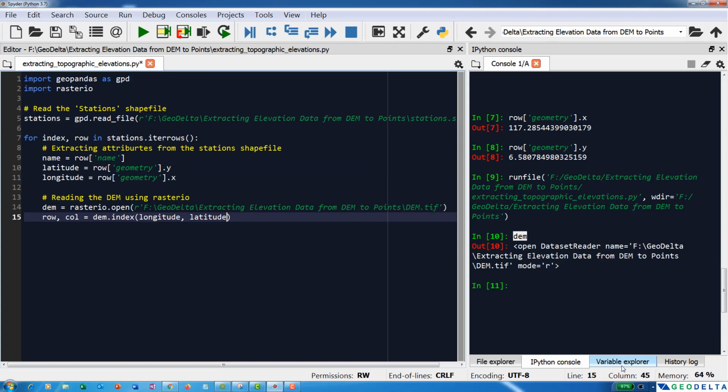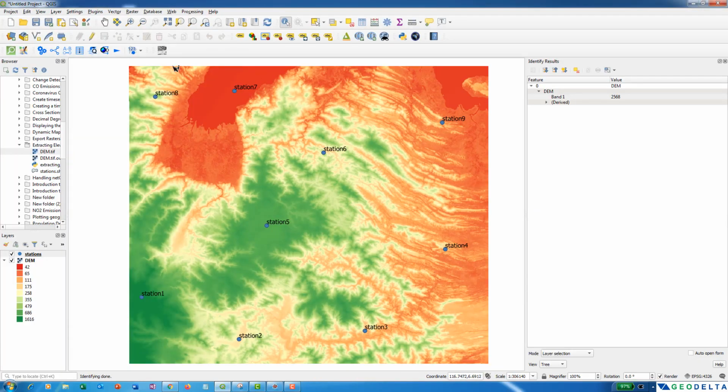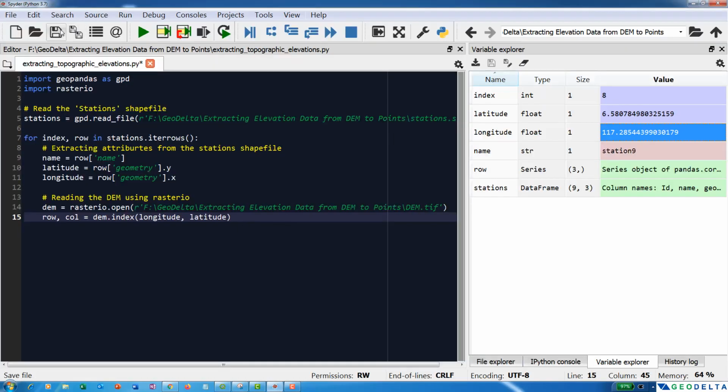So if I go back to the variables explorer and show you the longitude and latitude, you can see that during the last iteration it was recording these two longitude and latitude values. So spatially, it will go to this longitude and latitude and figure out, in this array or matrix of raster pixels, which pixel corresponds to that particular station. So if I run this,